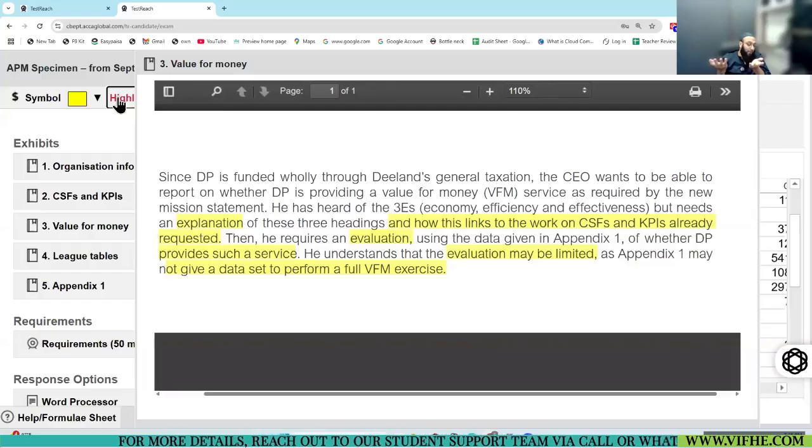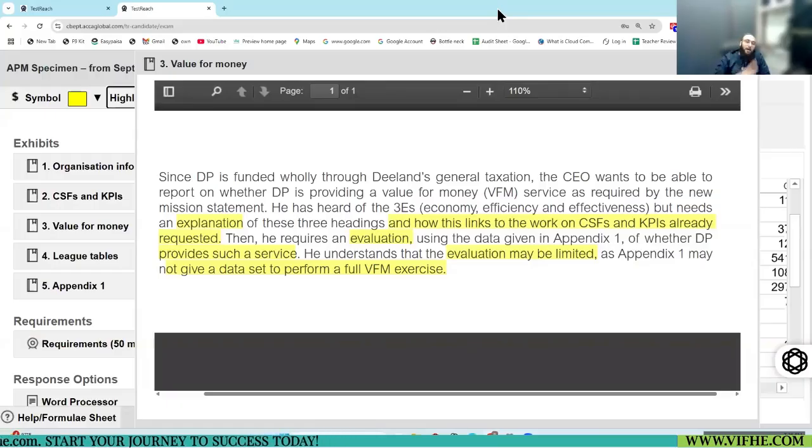And when you are required to perform a VFM exercise, you calculate ratios: economy ratio, effectiveness ratio, and efficiency ratio. Okay. So I think there are 2 areas to get easy marks. 3 calculations, 1 each for economy, efficiency, effectiveness, and 3 easy marks for definitions. 6 marks done out of 14.